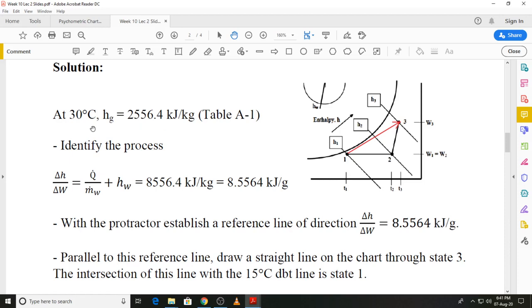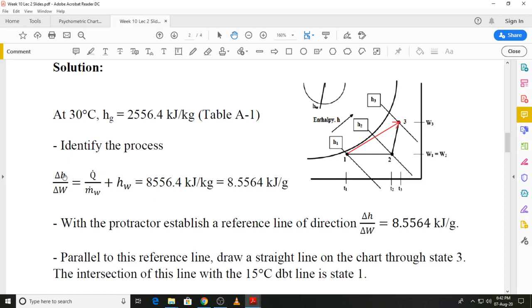So we can obtain the value of HW, which is equal to Hg at 30 degrees C, and that is obtained from table A1. Substitute the values, because Q dot is given to us, that was 9 kilowatts. The mass flow rate of water, that is also given to us, that was 0.0015 kilograms per second. So those values can be inserted into this expression, and that comes out to be 8556.4 kilojoules per kilogram. And we will make use of this value on the psychrometric chart,